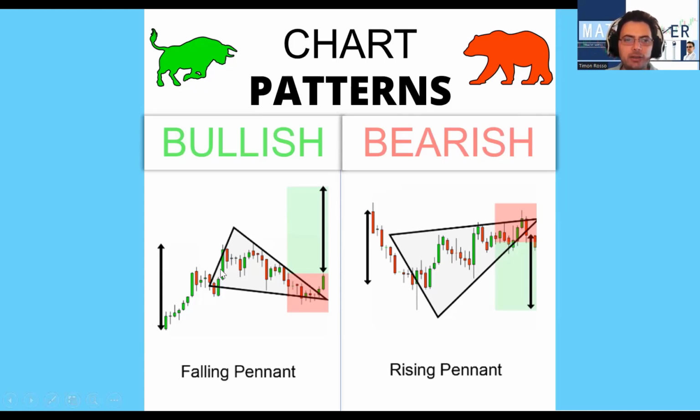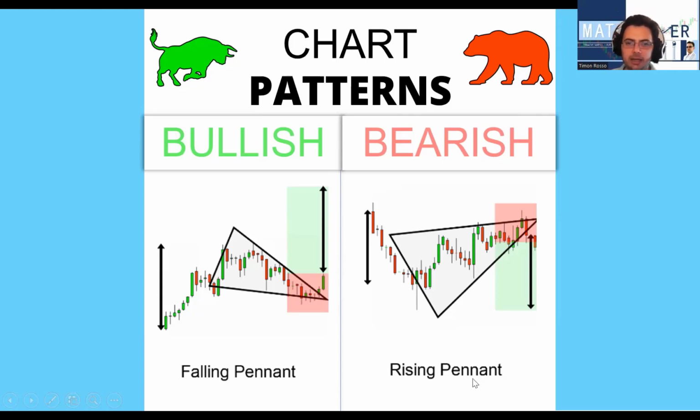So with a falling pennant, you expect the price to move down, and then once it reaches 3/4 of the apex, it will break above the falling pennant, and you expect the price to move up, okay? And then you can set your stop loss just below the bottom of the pennant, or give a little bit of leeway so that the price can move around.